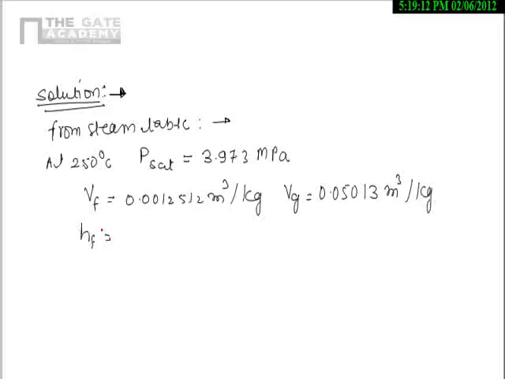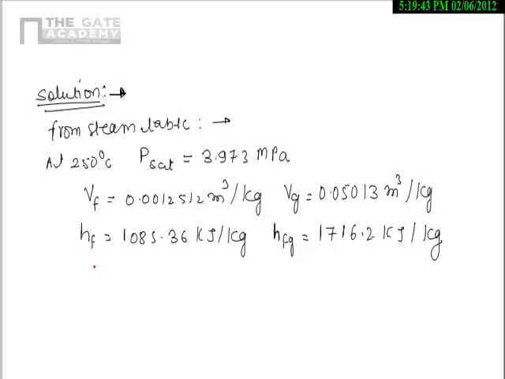So enthalpy, or specific enthalpy, because whatever value I am writing, it is with respect to per unit mass. So the specific enthalpy of liquid is 1085.36 kilojoule per kg, and that is latent enthalpy of the mixture, that is 1716.2 kilojoule per kg. Similarly, the entropy of liquid is 2.7927 kilojoule per kg Kelvin, and the difference in the entropy, that is Sfg, is nothing but Sg minus Sf,